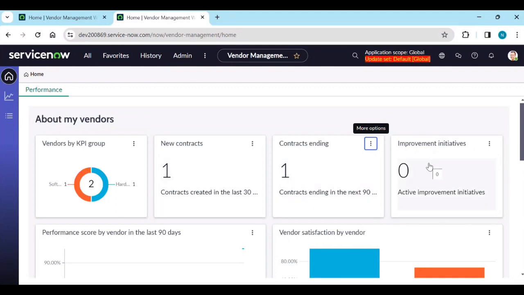If you have any improvement initiatives, you can see them here, like active improvement initiatives. For example, this is included with continual improvement management. So if you have the plugin and are using that data, you will get it. You can initiate improvements for incident management or change management or any other module you want to improve, SLAs or something. Where this KPI is responsible, this vendor is responsible, all these improvement initiatives you can create,